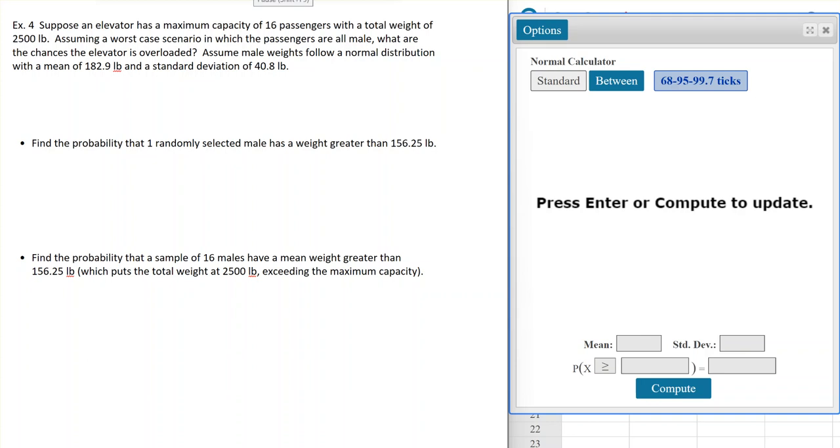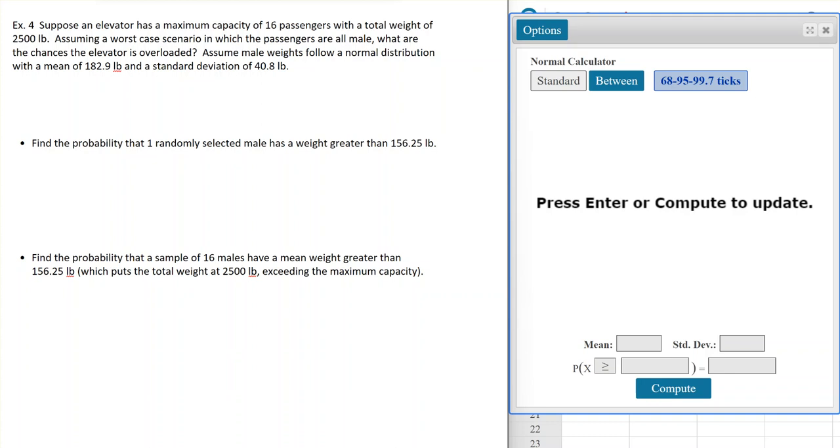In this example, we're going to take a concept that most of us are familiar with, and that is looking at the max capacity of an elevator. So, suppose that we have an elevator with a maximum capacity of 16 passengers and a total weight of 2,500 pounds. Assuming the worst case scenario in which the passengers are all male, what are the chances that that elevator is overloaded? We will assume male weights follow a normal distribution with a mean of 182.9 and a standard deviation